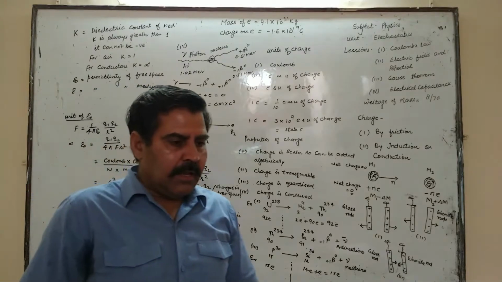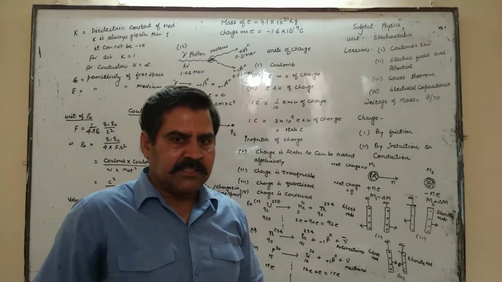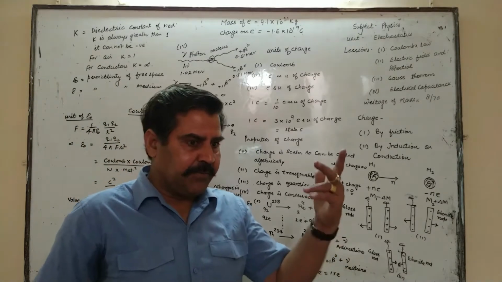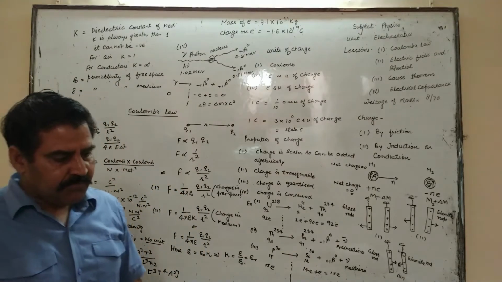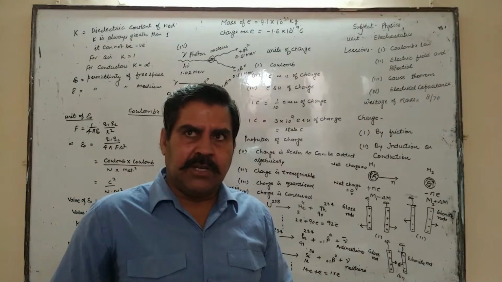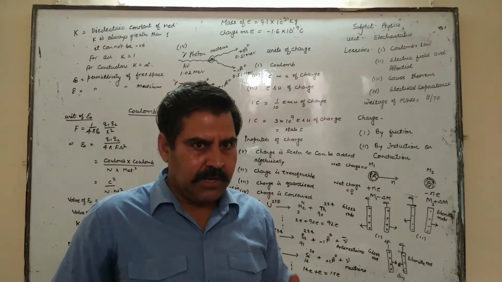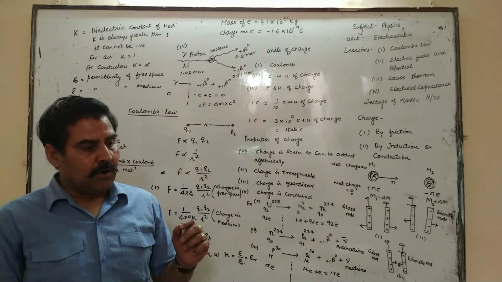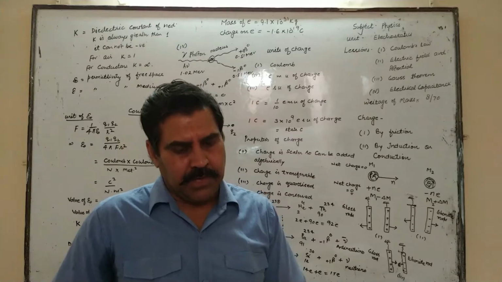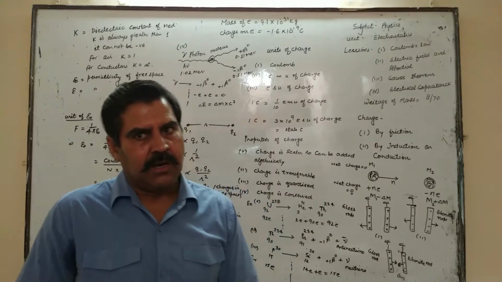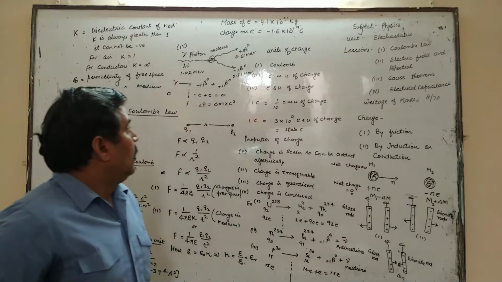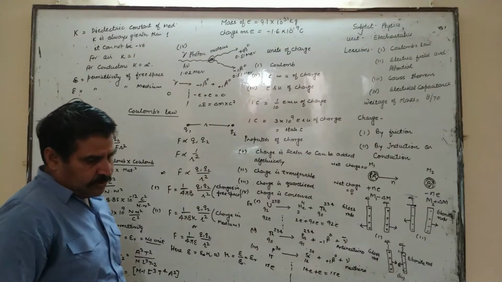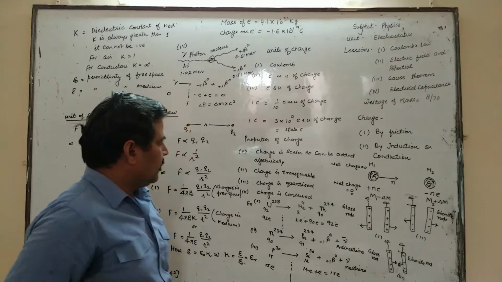If photon has energy less than this, then it cannot show pair production, but it can show Compton effect. Remember, Compton effect. When gamma ray photon has energy less than 1.02 MeV, then it cannot show pair production, it can show only Compton effect. So remember the minimum energy, this is additional information I am giving you, that the minimum energy of gamma ray photon should be 1.02 MeV to show pair production.